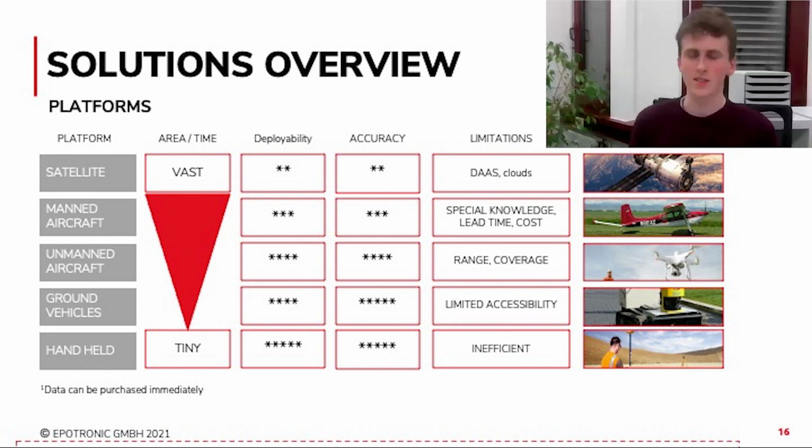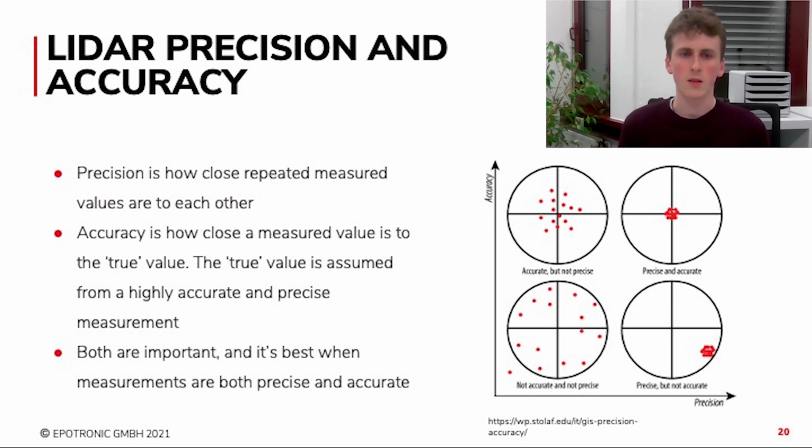Thanks, Tobias. Yeah, it is a complex topic, so I'll try and make it simple here. So precision and accuracy, they're two things that are heard quite a lot in the surveying and mapping industry. So first, some definitions. Precision is how close repeated measured values are to each other. You can visualize that in the image shown here. The targets on the left show measurements that are not precise. So the distance between each measured value is quite large, whereas on the right, each measurement is quite close to